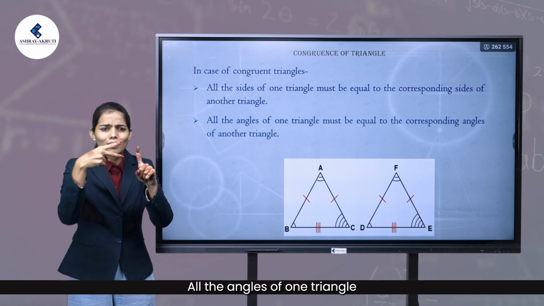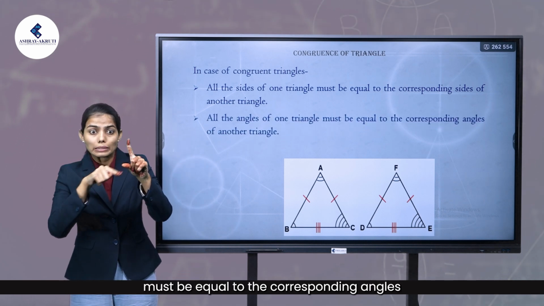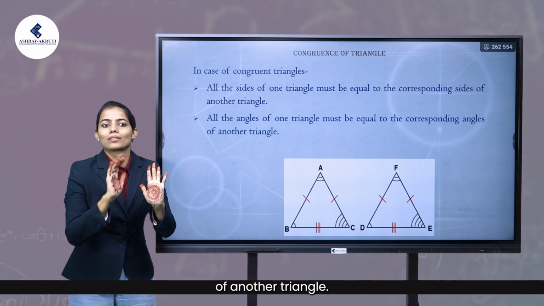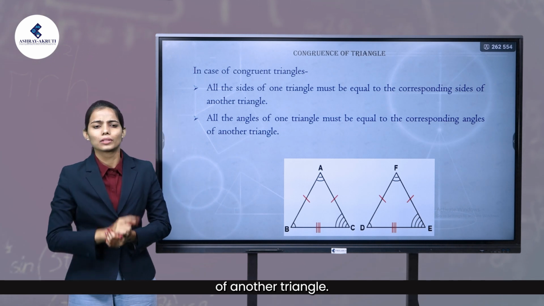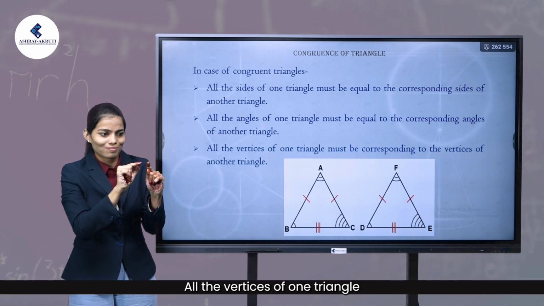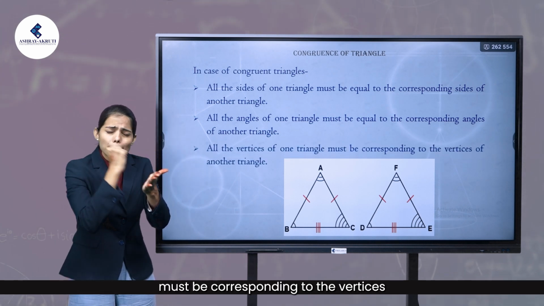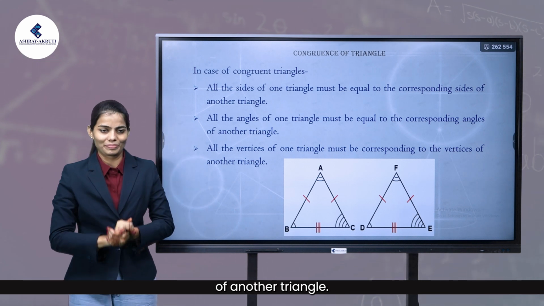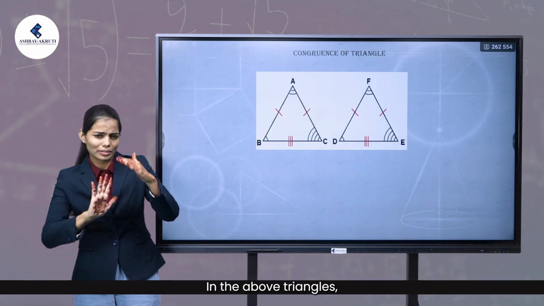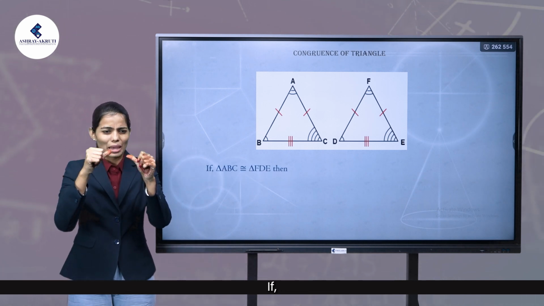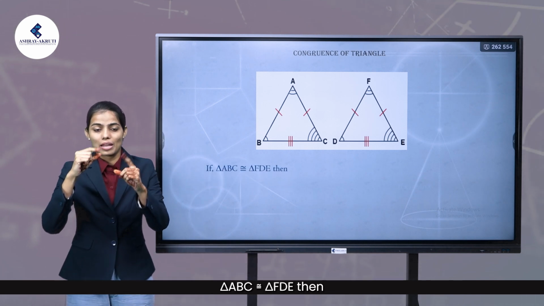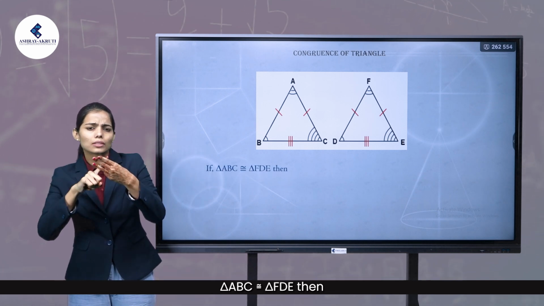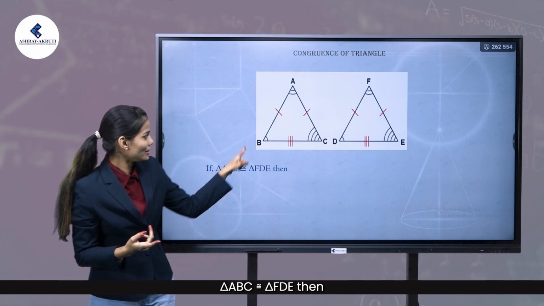All the angles of one triangle must be equal to the corresponding angles of the other triangle. All the vertices of one triangle must be corresponding to the vertices of another triangle. In the above triangles, if triangle ABC is congruent to triangle FDE, then